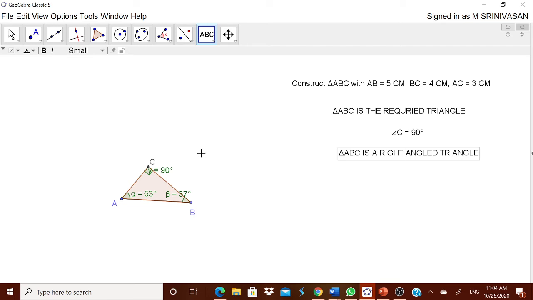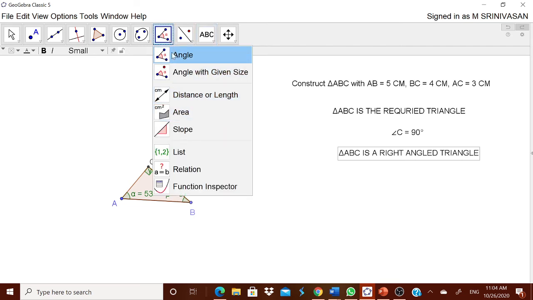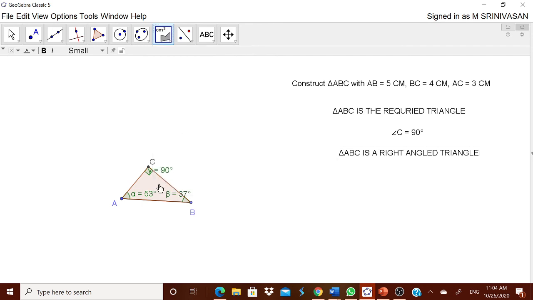Okay. Now, let us try to find the area. For that, you can go for it. This angle tool, go to this area, simply touch it. Now, you got the area as 6. Okay. Now, I will put this area somewhere over here. Okay, area is equal to 6. Now, how to get the area as half into base into height?